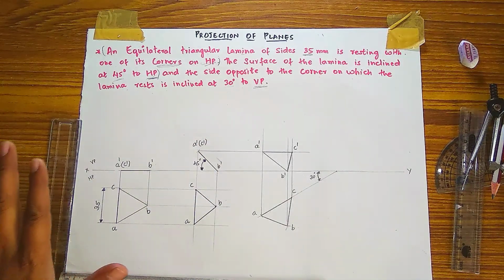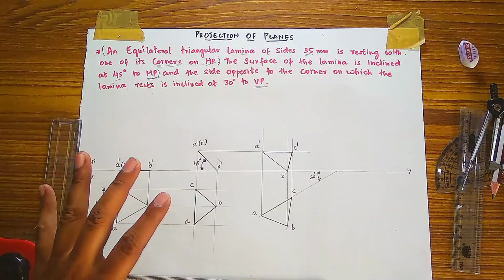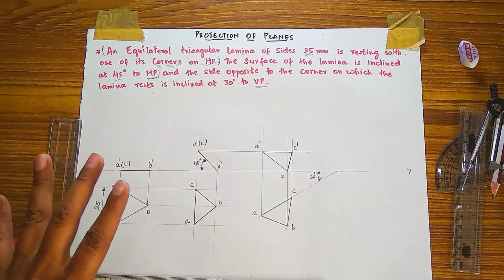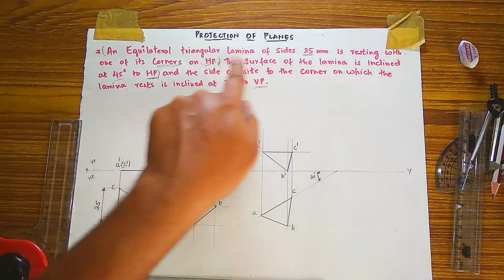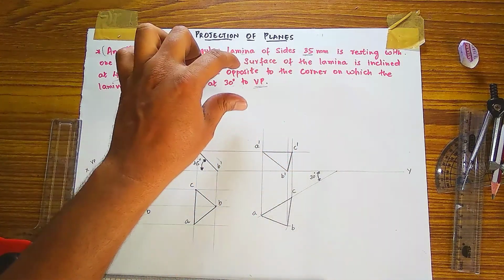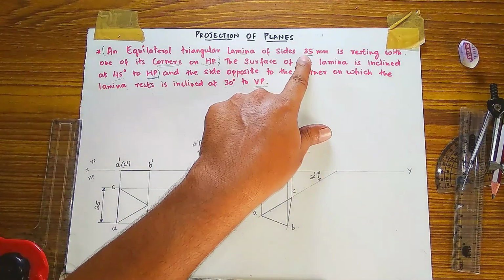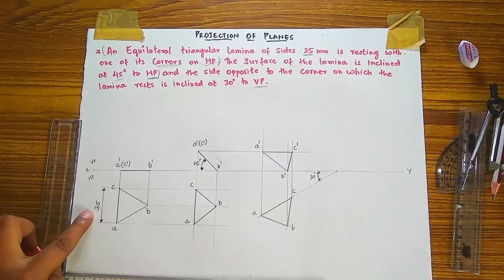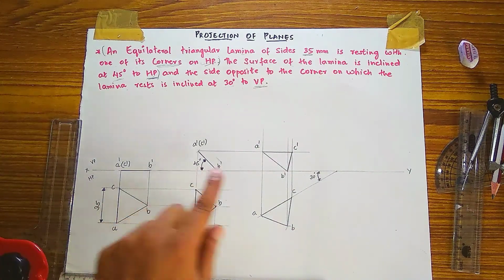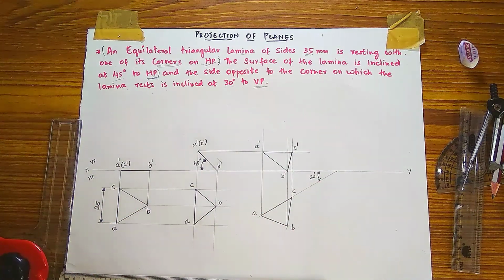Okay, so after drawing this question, it is an important note that many students forget to do the dimensioning according to what is given in the question, that is 35 mm, 45 degree angle, 30 degree angle. You have to show this also, 35 mm side, 45 degree and 30 degree also. So don't forget to do this dimensioning also. So carefully do this. So this problem is finished, and it may be of 10 marks or 15 marks for the different branches.